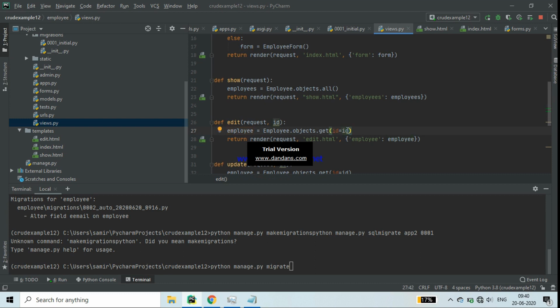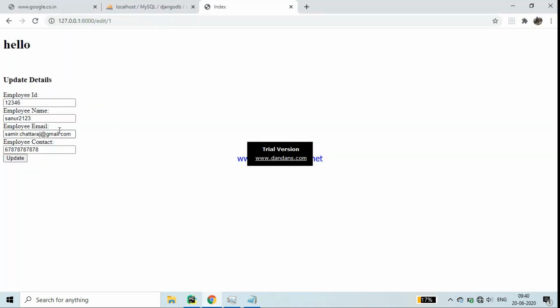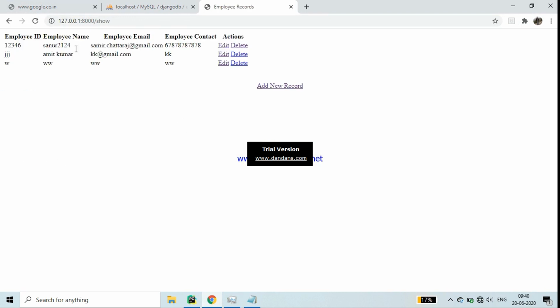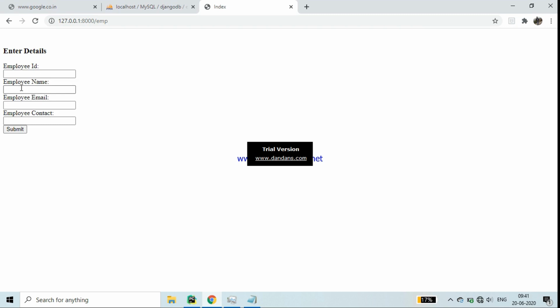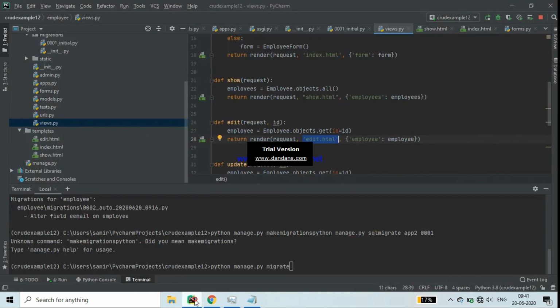employee.objects.get id. Whatever id we take, after taking the id we will go to the edit.html page. Edit.html is here, and in the edit.html page, when you edit something, it will be updated, and again it will redirect to this page. If you have to delete, suppose, delete is here, delete this particular id 3, see it is deleted. Add a new record, again that first page you can view here.